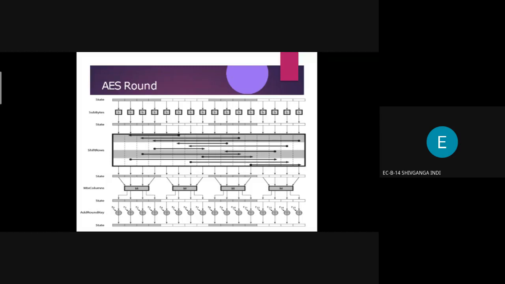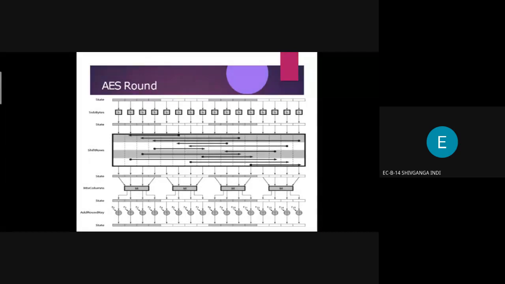Simply we add the key. It is a 16-byte operation, so we use the keys R0 to R15. At every state we apply a key and perform the XOR operation. Finally we get the final state.